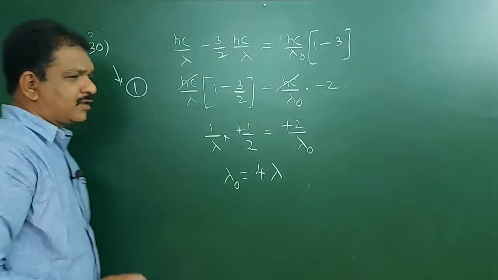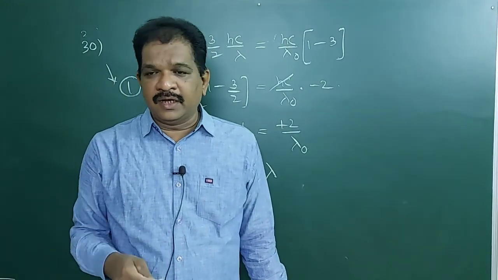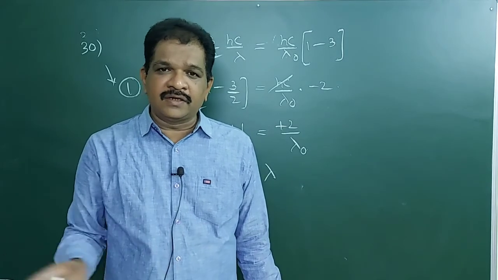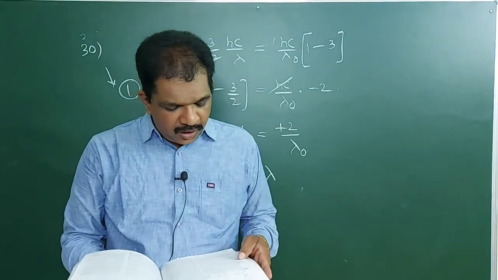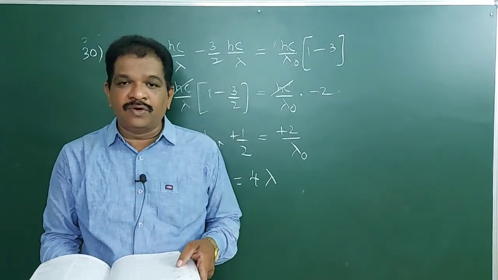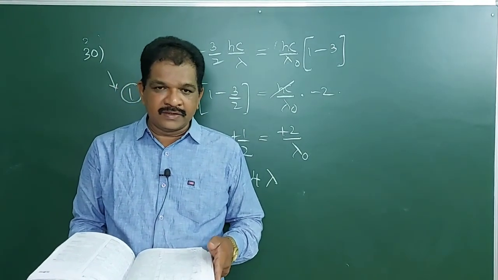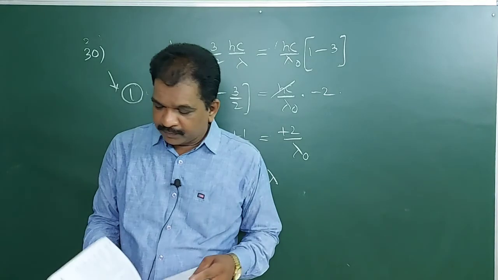With this we will stop this lesson now and continue the remaining in the next class. With that, this chapter will be complete. Up to 30 are completed. Out of 44 problems, just 14 problems are left. We'll do that in the next class. We'll finish this chapter as early as possible. Okay.